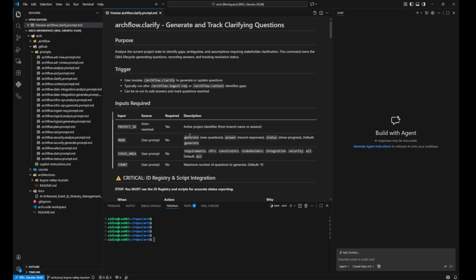And then once we go back and want to answer some of those open questions, we can run it with the answer mode, provide the ID of the question, and then also provide the answer to the question, and the AI agent will automatically update those open questions as well. By default, we also have the generate